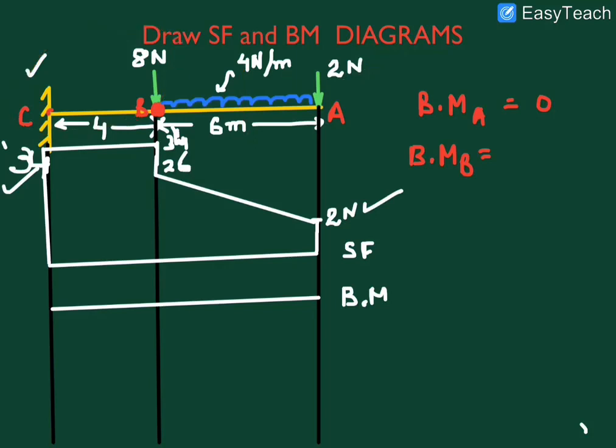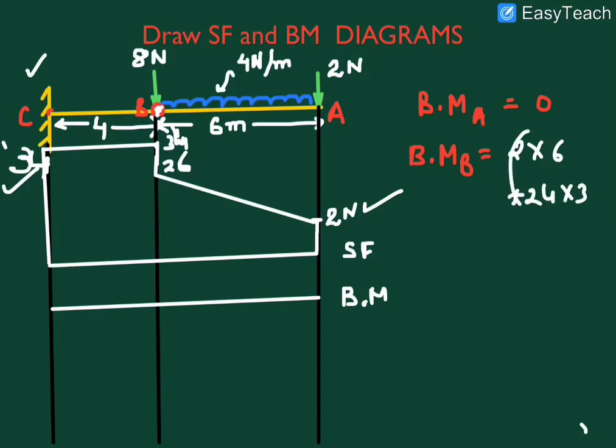Means we can say that I erase all the things that I did here to make the picture more clear. Means when we have to calculate at point B, we just watch the right side of the B side, and then we calculate 2 into 6. This is force, this is perpendicular distance, 2 into 6, then 4 into 6 is 24, because 4 Newton per meter means the total force is 24, that is acting at the center of this UDL. Then 24 into this distance, which is 3. We have calculated point B, means this is plus 24 into 3.